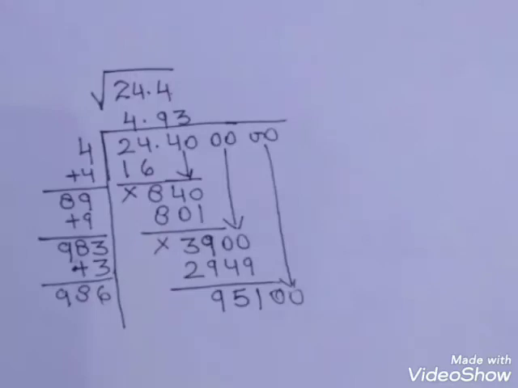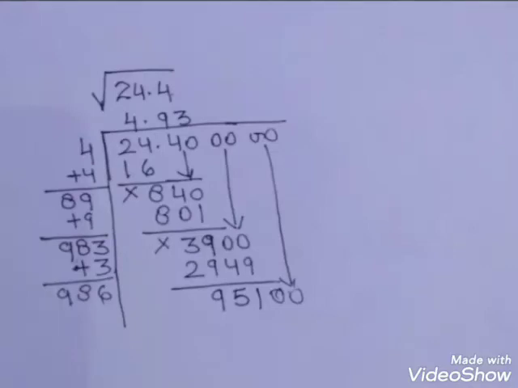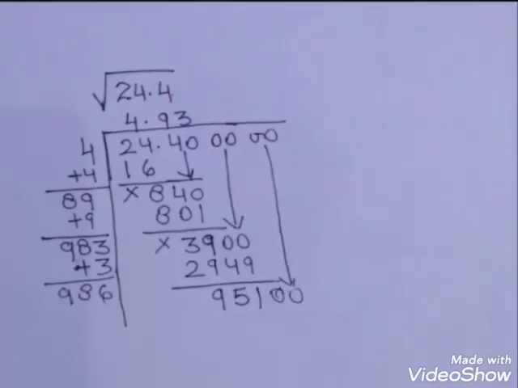So we have to find the value which is less than 24. It has to be in pairs: 2 twos are 4, 3 threes are 9, 4 fours are 16, 5 fives are 25. 5 fives are 25, which is bigger than 24, so we come with 4 fours are 16. So if you do this, you get 24 minus 16 to be an 8, right? And you put the decimal on top.